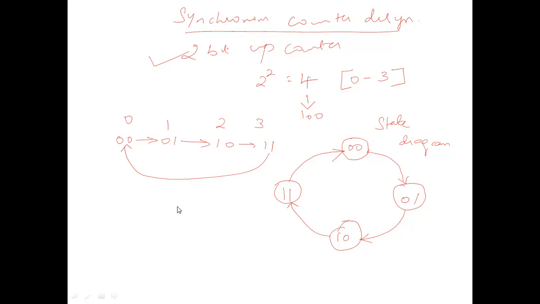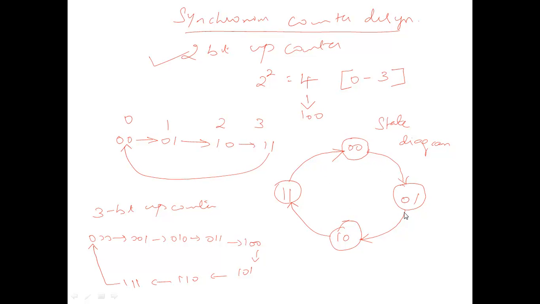Say for example, if the question is a 3-bit up counter, what you need to do is go up to 3 bits. You will start with 0 0 0, 0 0 1, 0 1 0, 0 1 1, 1 0 0, 1 0 1, 1 1 0, 1 1 1. So this is the sequence. After 1 1 1, it will go back to the reset state. Here you will have 8 states, whereas here you have only 4 states. Now I am teaching you only the 2-bit up counter.